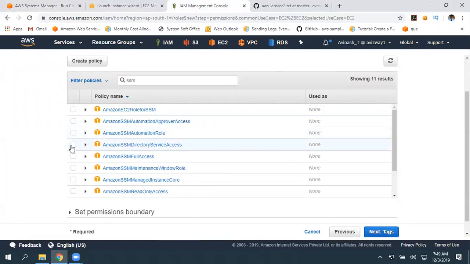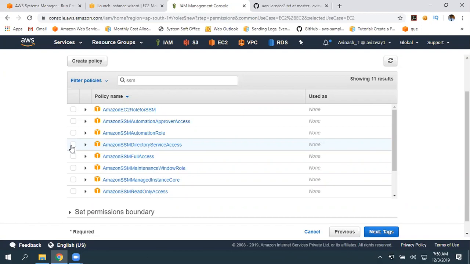And whenever you are launching a Windows instance, and you really don't want to log into the EC2 instance to join it to a domain, for example you are using Active Directory, we'll discuss Active Directory later. So you are using Active Directory and launching a new EC2 instance. Generally what we do is log in manually, verify the DNS settings first, whether they are pointing to our AD DNS servers or not. If not, we manually change that, and then go to My Computer properties and add it to the domain.